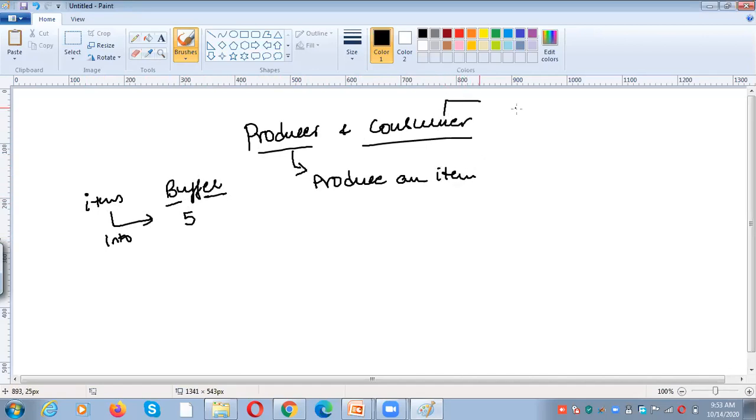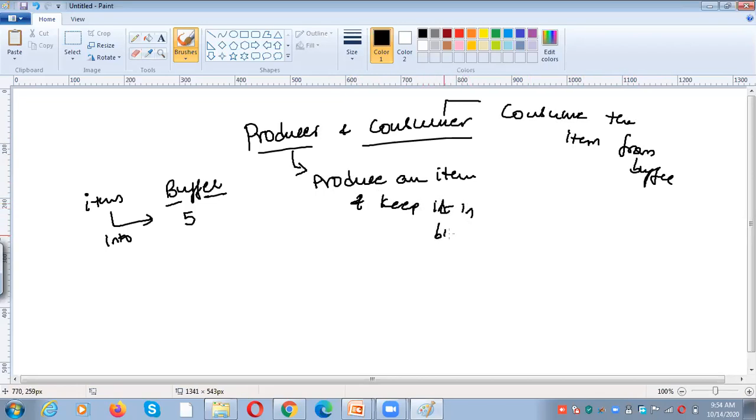What can the consumer do? The consumer can consume an item from the buffer. The producer produces an item and keeps it in the buffer.